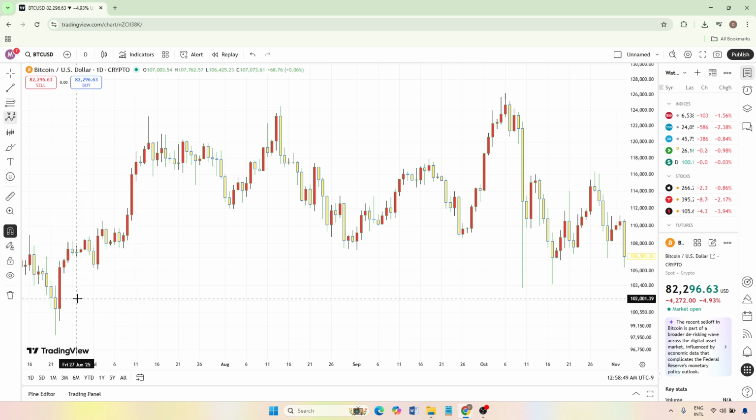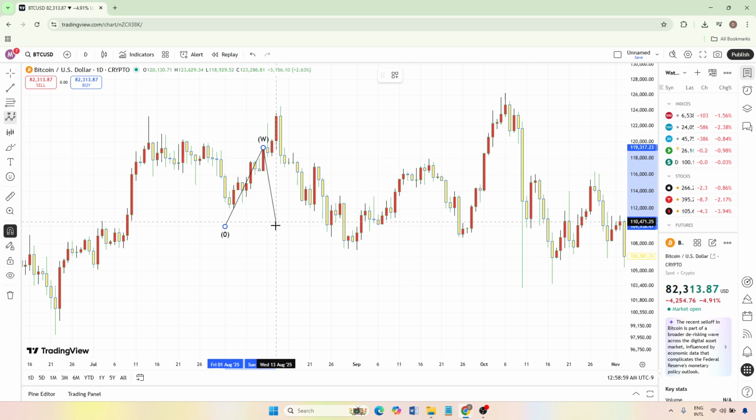With the tool selected, move back to your chart area. You're going to start plotting the points of the pattern. Click once on the chart to create your first point. This is usually where you believe the start of your complex corrective structure begins. Then move your cursor to where you want your second point to be and click again. Continue the same way to create your third point, your fourth point, your fifth point, and finally your last point. As you place these points, Tradingview will automatically draw the connecting lines and label the wave sequence for you. Once the pattern is on your chart,